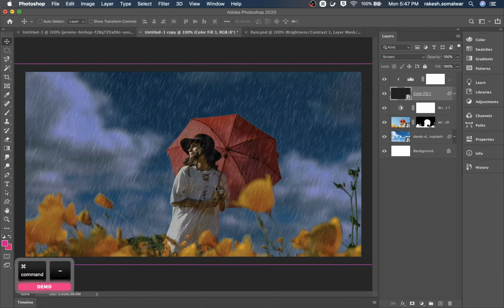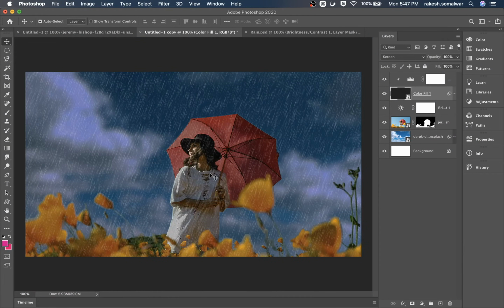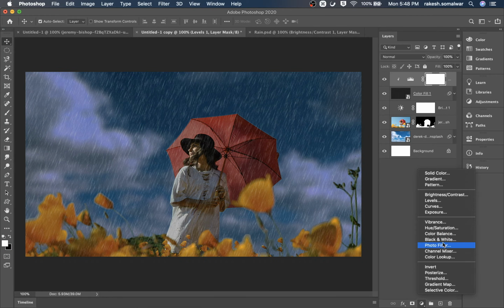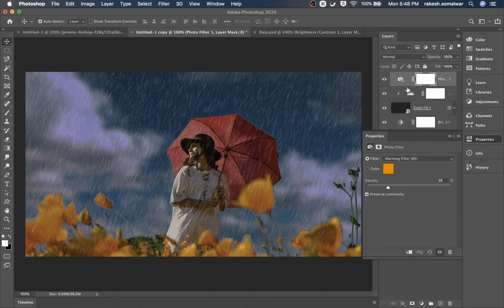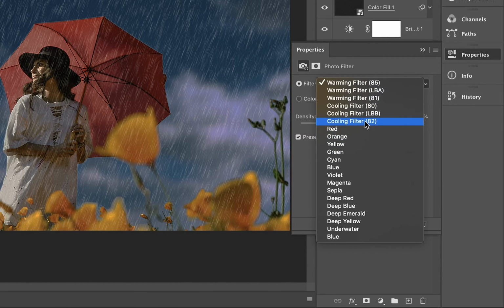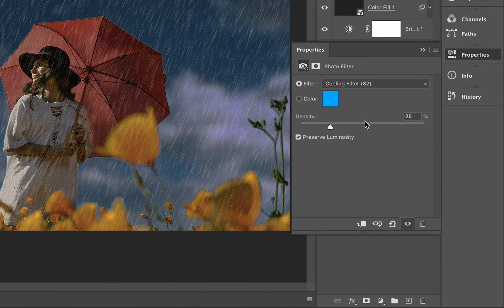And now we give a little cool tone. Go to Photo Filter, Cooling Filter 82, density make it 100%. This is fine now,